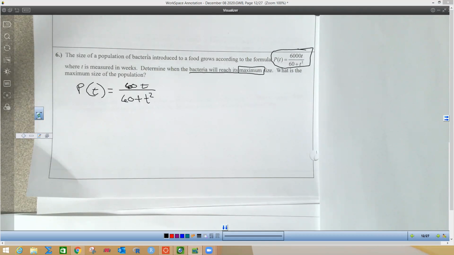Okay, and then once you think about that, the next thought that should pop into your mind is we have to find the what of the derivative. We got to find the what numbers. Critical numbers. We have to find the critical numbers. Okay, so we're going to have to do the derivative of this. So this is going to be a quotient rule because we have a fraction. So P prime